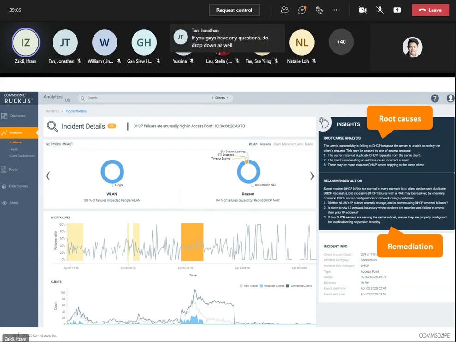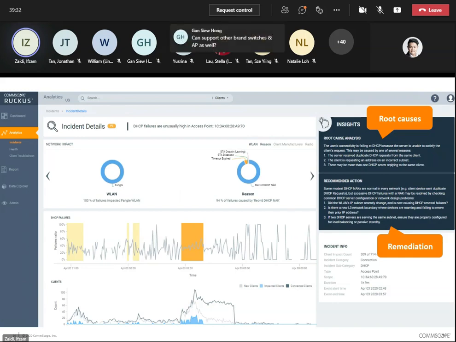Basically, Ruckus Analytics will tell you the root cause of the problem when you have a problem in your network environment. When Ruckus Analytics detects the root cause, it also gives you some insight or recommended actions to solve your problem.